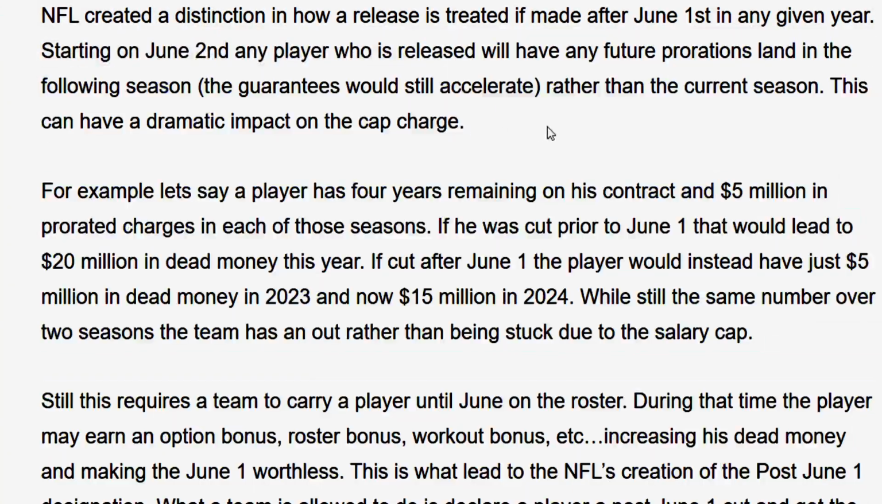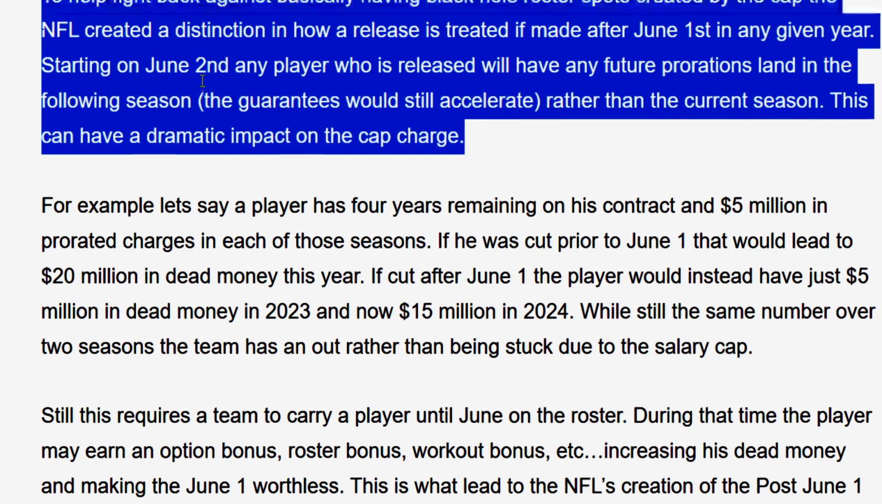To help fight back against this, basically having a black hole of roster spots created by the cap, the NFL created a distinction in how a release is treated if made after June 1st in any given year. Starting on June 2nd, any player who is released will have any future prorations land in the following season. The guarantees would still accelerate rather than the current season, and this can have a dramatic impact on a cap